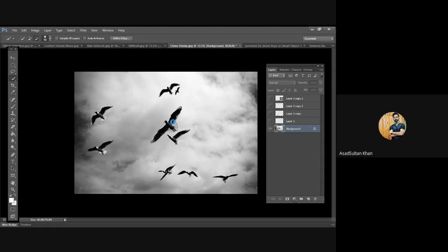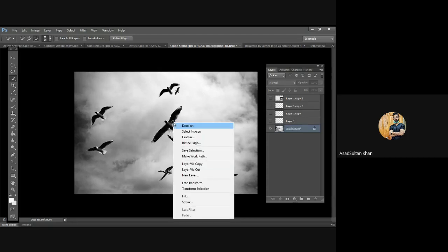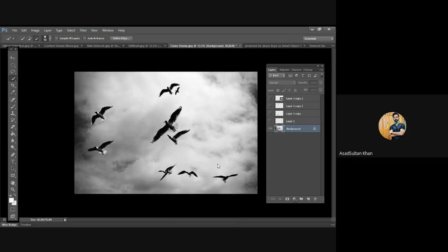We have selected the bird. Now what we're gonna do is basically we're gonna create a layer out of it. So once we've created a layer, we have another bird, just like that.